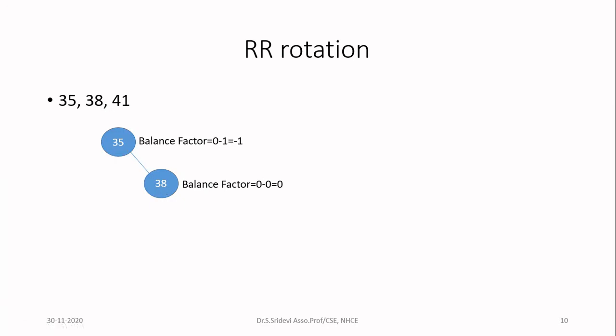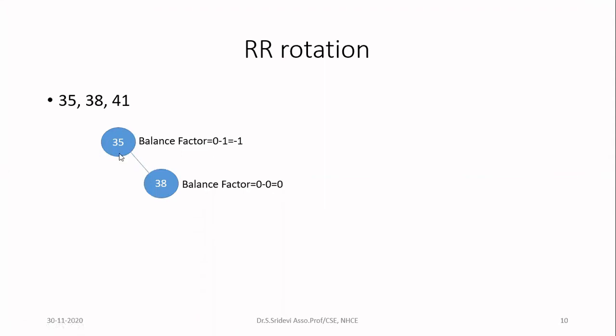So I have to calculate the balance factor of all the nodes again, not only the new node, because due to the addition of the new node, the balance factor of the already existing node will be affected. Remember one thing, the balance factor of a leaf node is always 0. So calculate the balance factor only for the internal nodes.